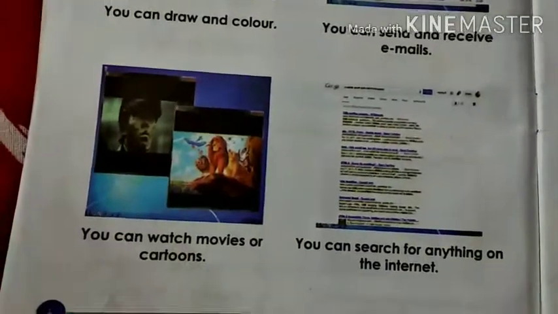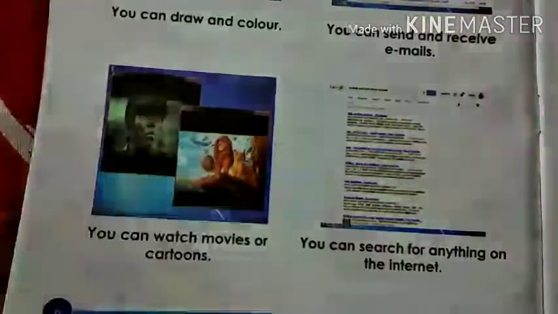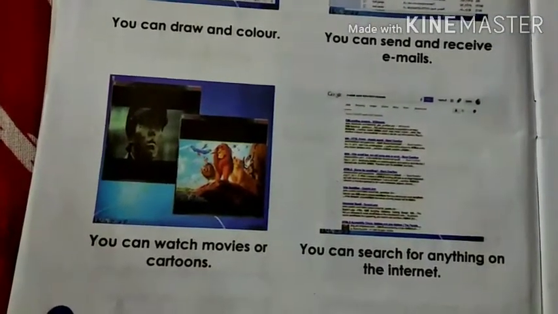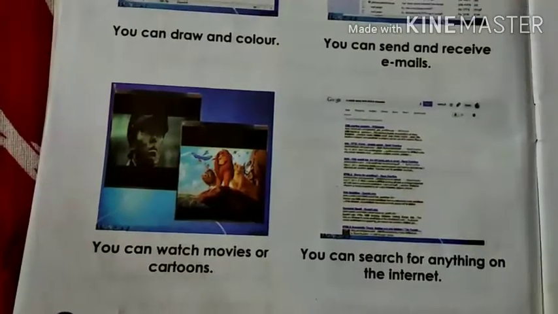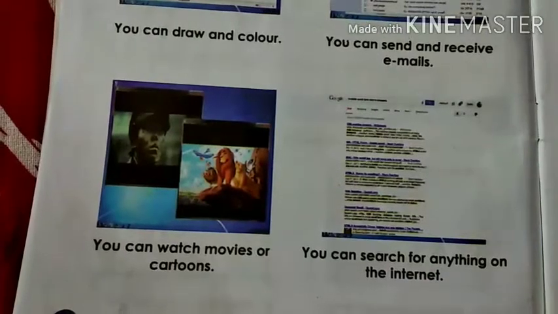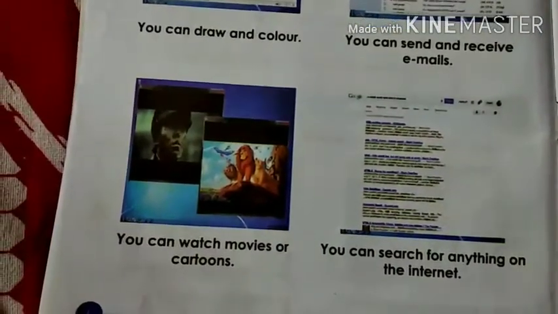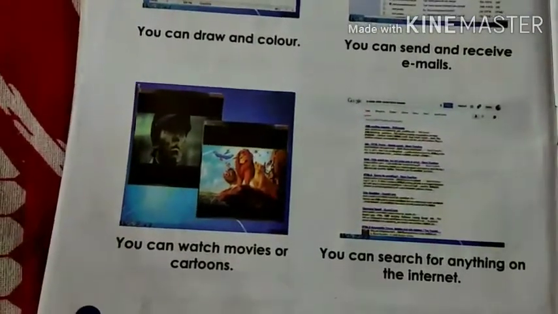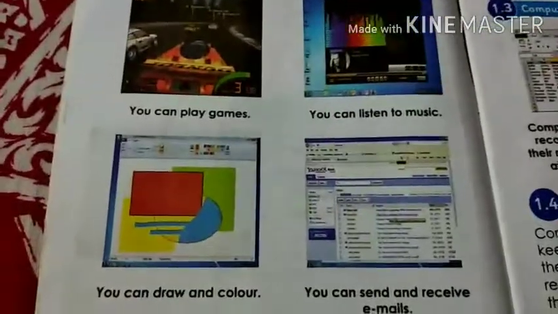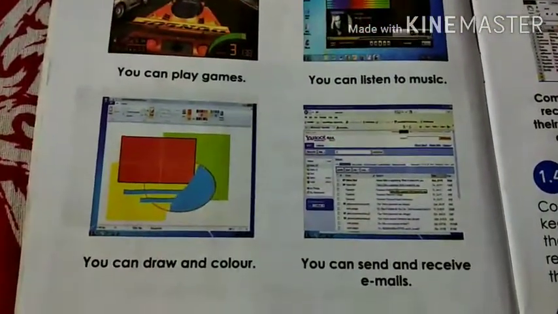So these are the uses of computer at home. First thing is calculation. If you want to type a letter, you can do that. If you want to send it via email, or via post, you can take a printout and send the letter. Next, you can use computer for playing games, listening to music, and doing drawings.